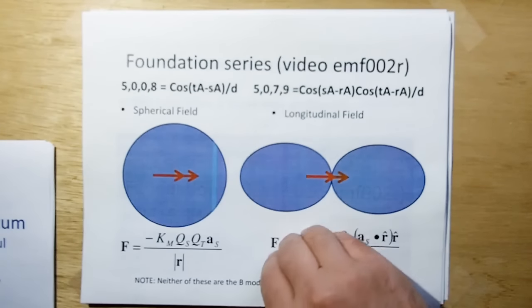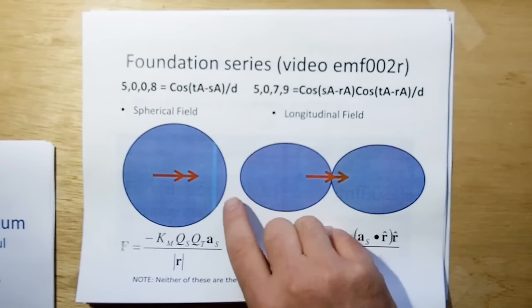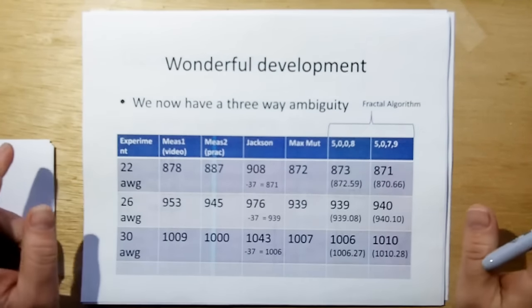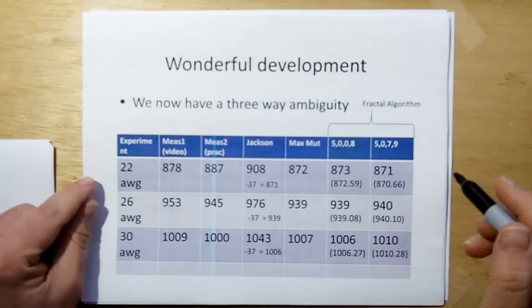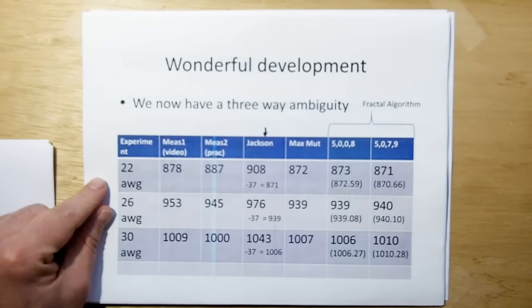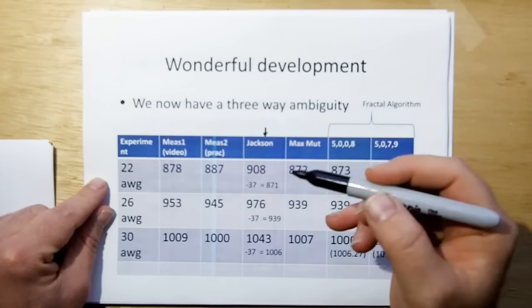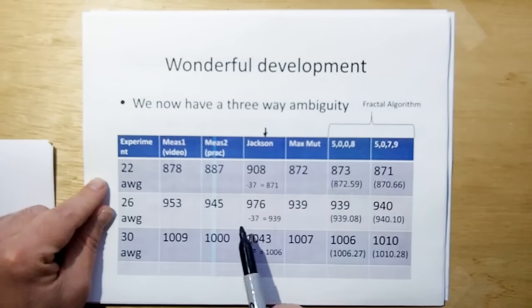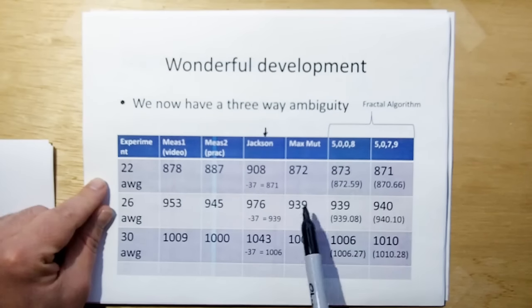But let's get on with how we're going to resolve this. Okay. Let me back up. If you recall the video, we actually had four sets of data that all gave us the same answer. Jackson was a wrong derivation only because Jackson included intrinsic inductance or internal inductance, depending how you've been taught it. So Jackson's actually okay if you just remove the internal inductance, and that's what this is. And you can see these four different models all give pretty much the same answer within experimental accuracy.